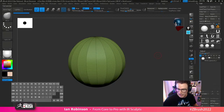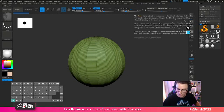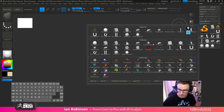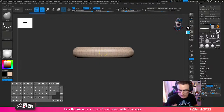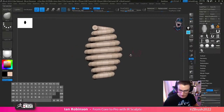Anytime you're bringing in a brand new object that's not going to be in made Polymesh 3D, you bring in a brand new thing. Let's bring in a ring. Go ahead and hit edit. Now I can go to initialize and I can start making changes to this on the fly. So if I wanted to make a rope, for example, one of the things I could do is I can come here to a helix